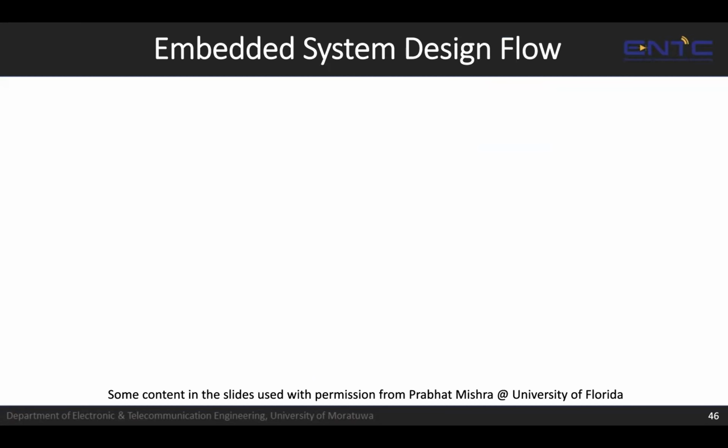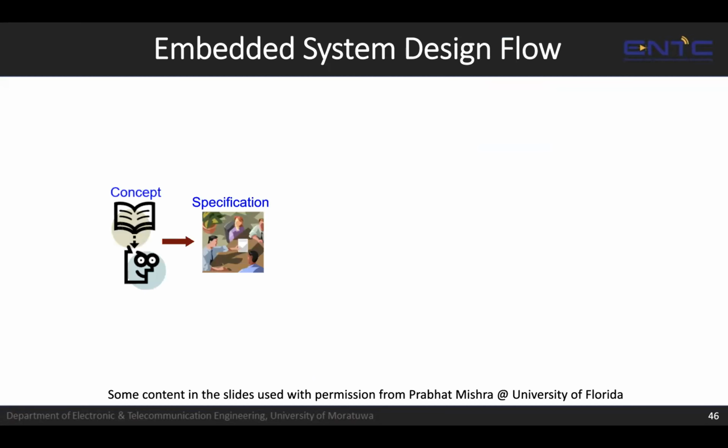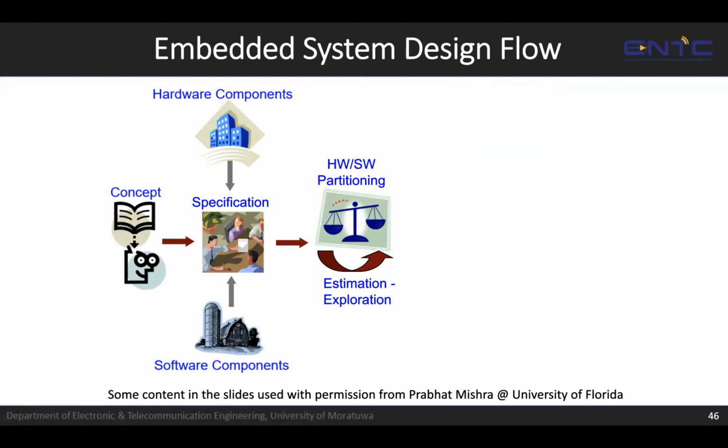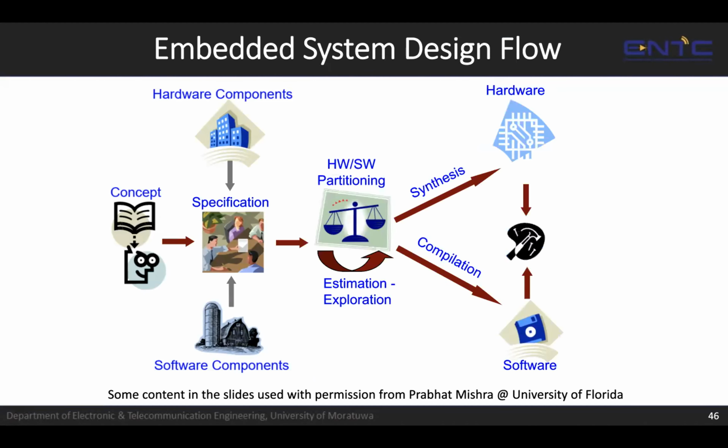And then finally, we will connect the dots. As a conclusion, we will give you an idea about the embedded product development flow, where we start with a concept, we identify the specifications, we look at hardware and software resources we have, we see how we can implement some in hardware and some in software, and finally put this together to develop